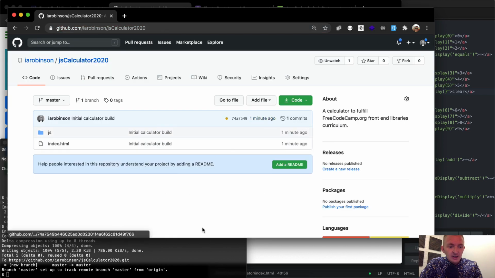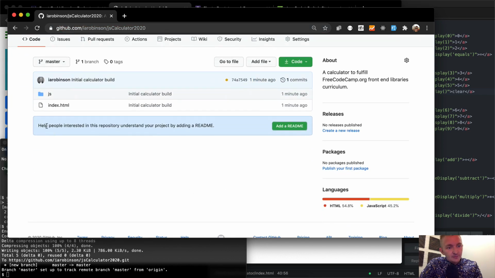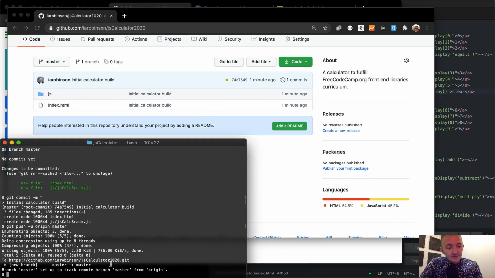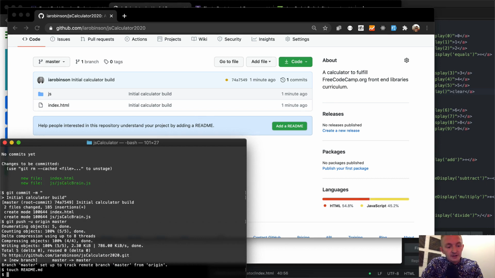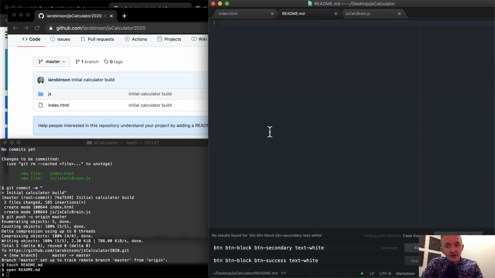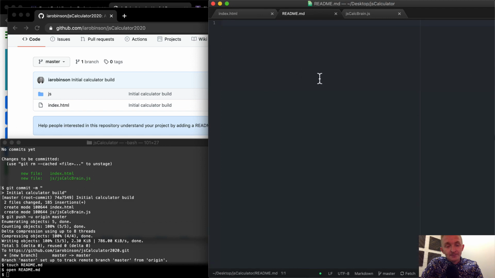In the meantime, we're just going to create a README file. GitHub says: help people interested in this repository understand your project by adding a README. Okay, so what we'll do is say touch over here. We'll create a file of readme.md. And then we're going to open that readme.md in Atom. I have it so it sets up automatically to come over here. And so here we'll just say you can find this calculator project live at,